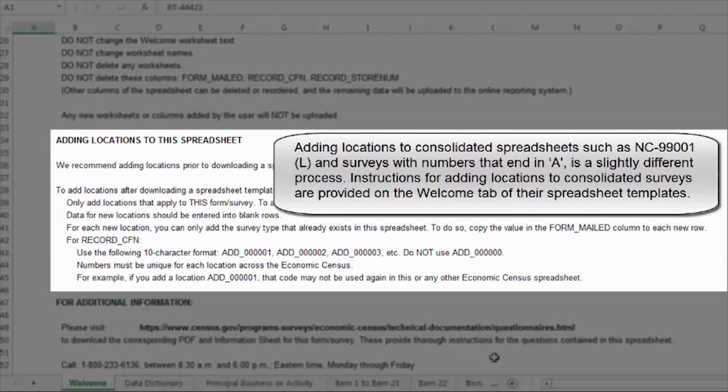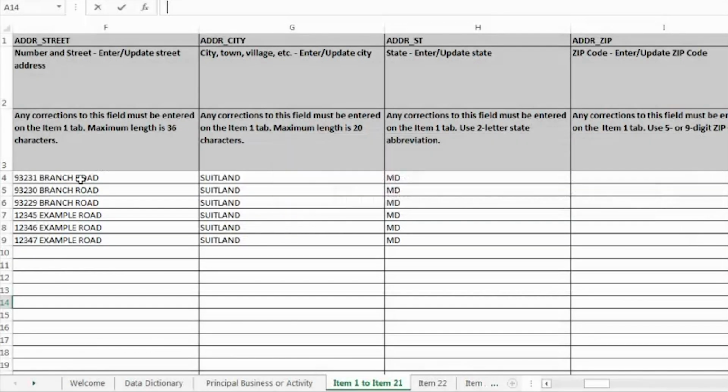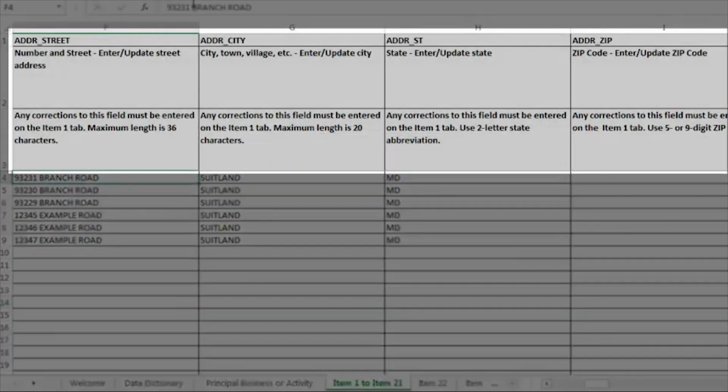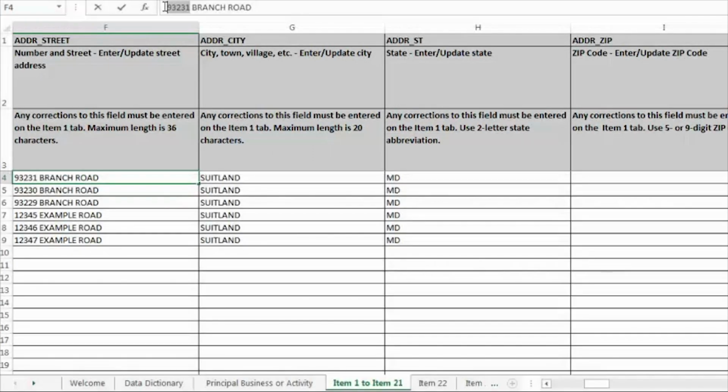The item tabs all contain common identifier address fields to aid in sorting and filtering. Our system will use the first item tab to update these common address fields when you upload your spreadsheet. You only need to update the common address fields on the first item tab to make changes. When entering your data,